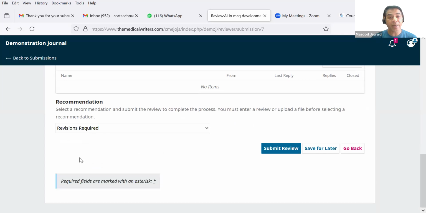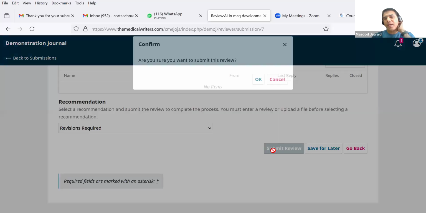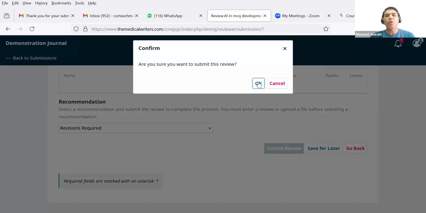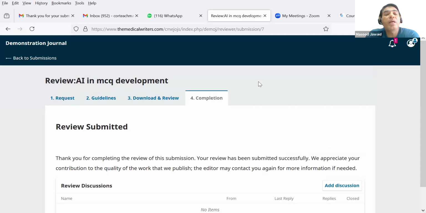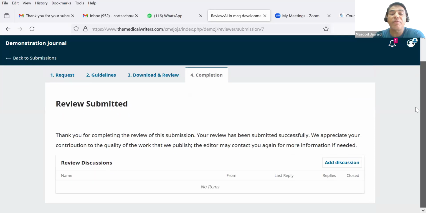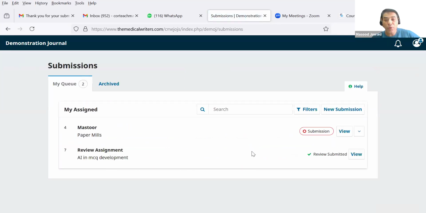For example, maybe that is what the reviewer has after the review process. Of course, I'm not going through the whole review of the paper. You have already had sessions about the review process, and submit the review, and okay. So that is a task which is done by the reviewer. You will be notified by email that the review has been done. So that is the window of the reviewer. And now you can see here in Mariam's dashboard that